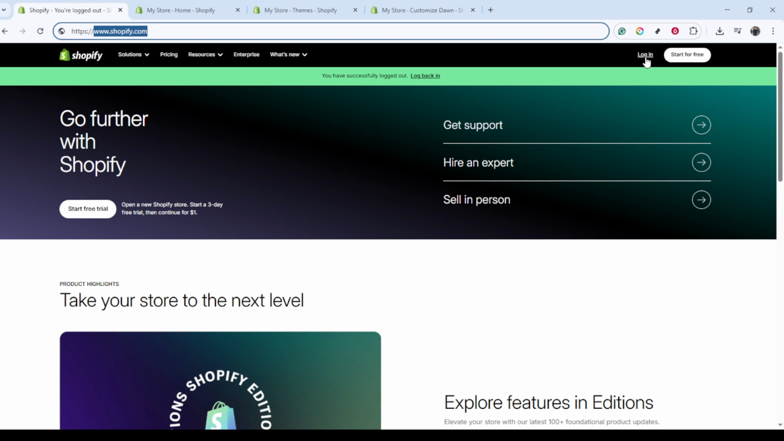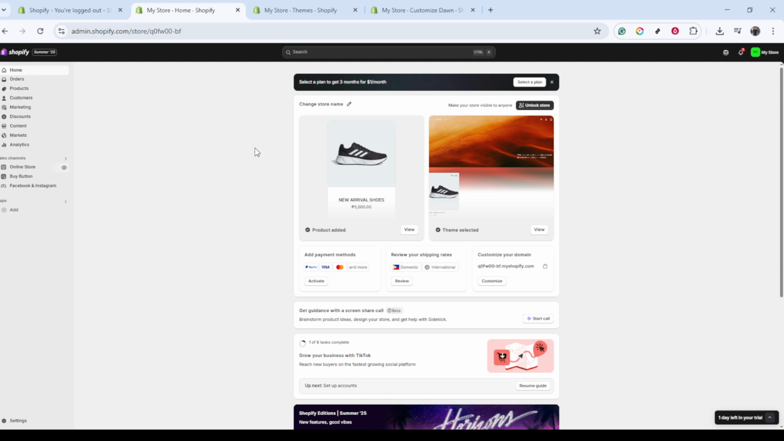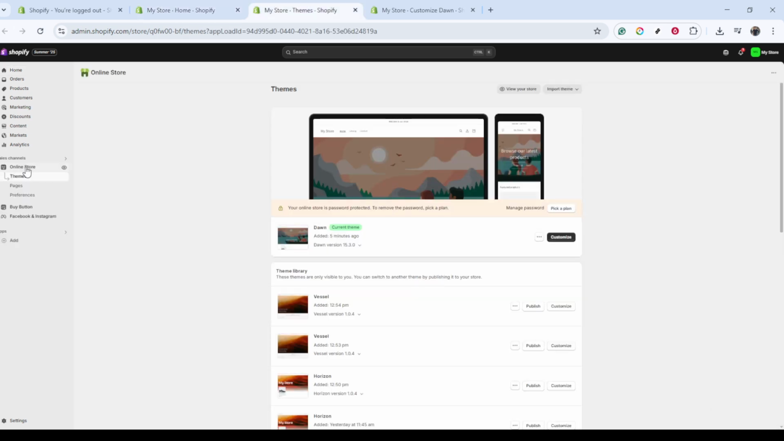Now that you're logged in, you should see the Shopify dashboard. From here, look at the left side of your screen and click on the Online Store option. It's part of the main navigation menu on your dashboard, so you won't have to scroll too far. Once you've clicked on Online Store, you'll see a drop-down menu. Click on Themes. It's right there, ready to guide you into the exciting world of customizing your store's look and